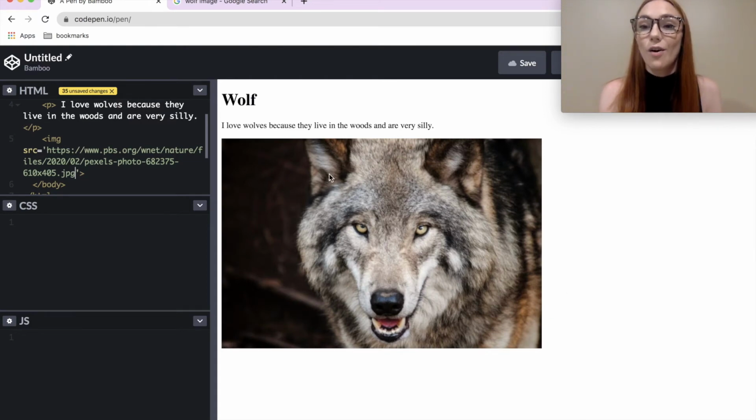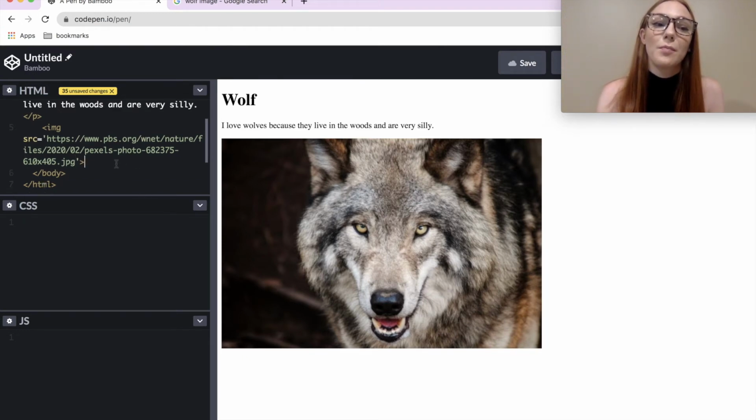So now we can see over in the right-hand side of my screen, our website viewer, that I have the image of the wolf there, and it's very cool. Everything's all coming together. But before we finish,